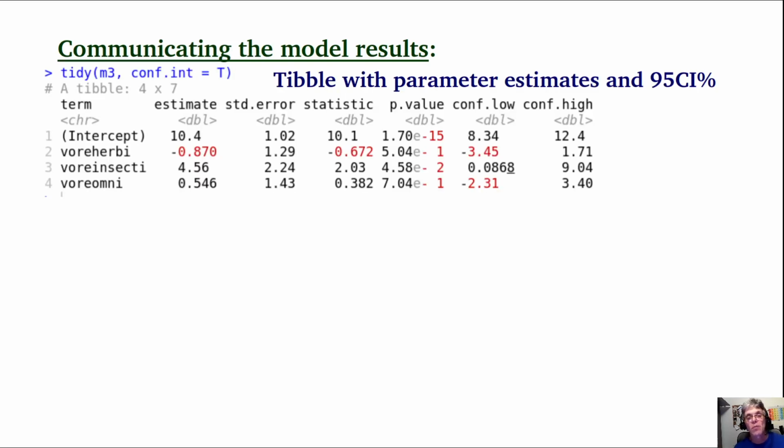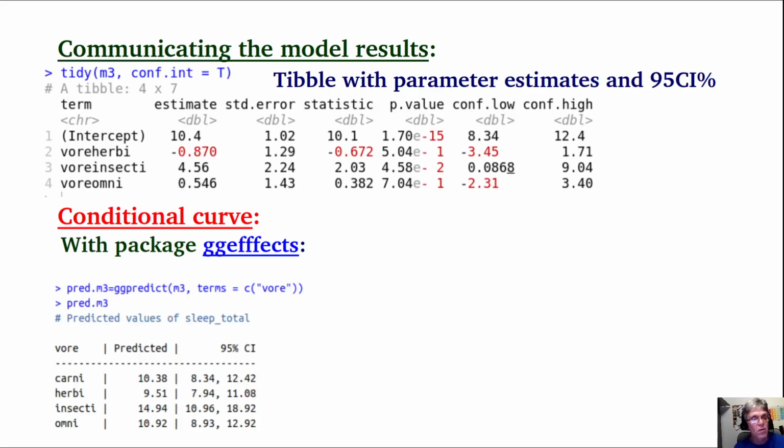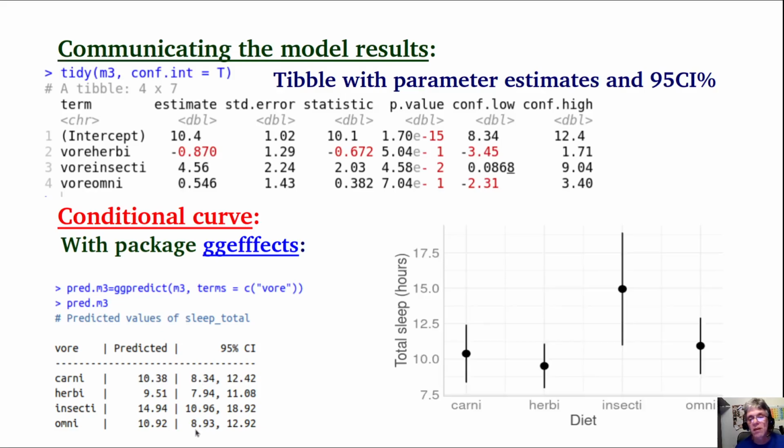In order to communicate the results, we can produce a table with the parameter estimates of the model and its confidence intervals, and we can also obtain the conditional curve with the package ggeffects. It gives us the predicted means of each of the 4 groups, not the mean of the reference group and the differential of means of the other groups. Here we have simply the means of each of the groups and their confidence intervals, with which we make the following plot,